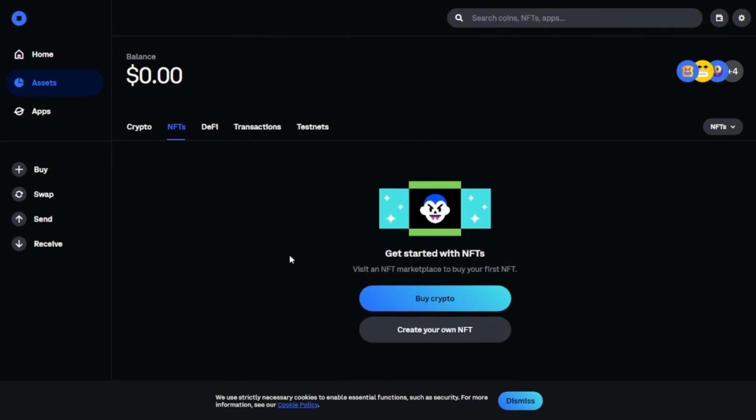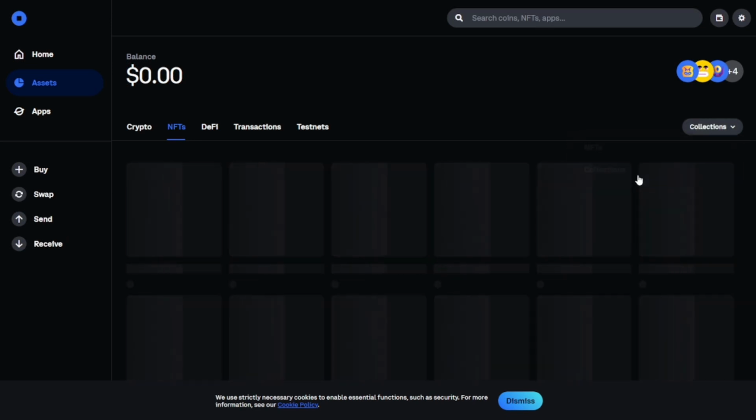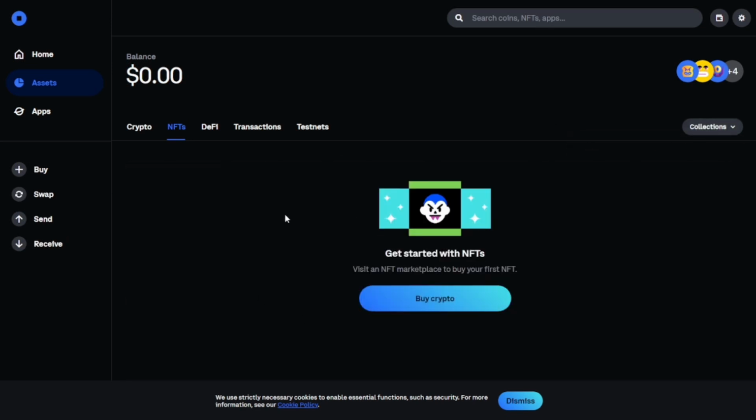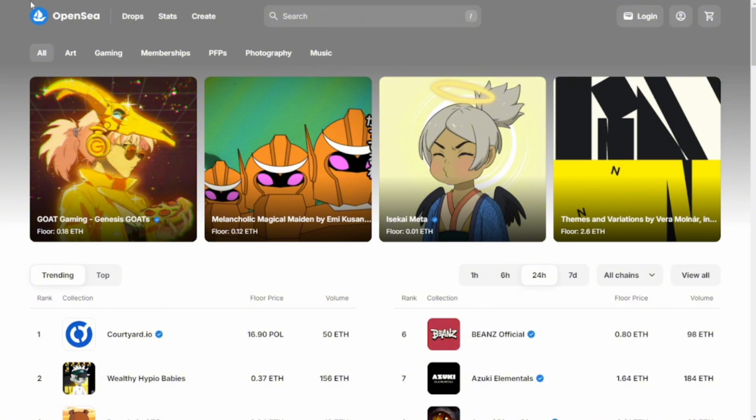So Coinbase Wallet supports integration with popular marketplaces like OpenSea, Blur, or Rarible. So just pick a marketplace where bread NFTs are actively traded. Now, once you have chosen the marketplace that you want to sell your NFT, just visit the chosen marketplace website,